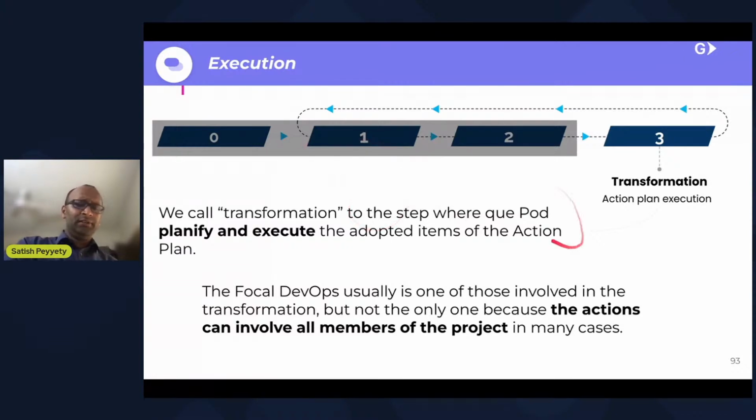And then we go into the transformation execution stage, right? We call this the transformation stage because this really transforms the DevOps maturity in the organization. So we would like to call it transformation rather than execution. And this is where we believe in a focal DevOps, right? So we have one key stakeholder from the client side, from the target project team, to work with us, which would really ensure the success of the engagement. So we conduct this transformation,